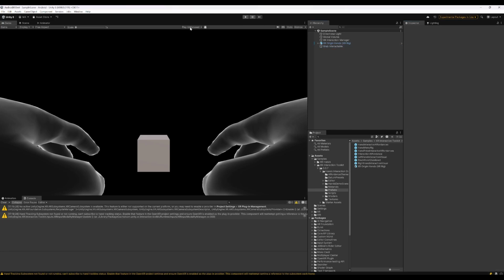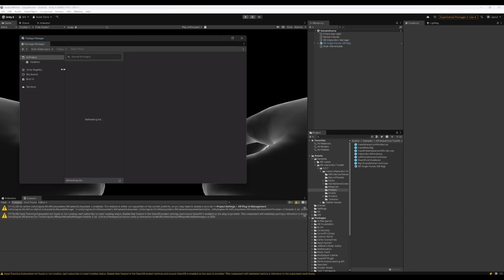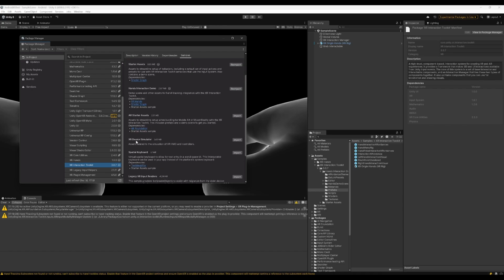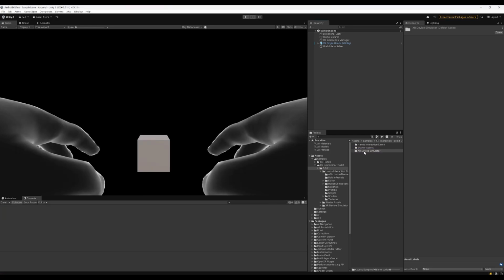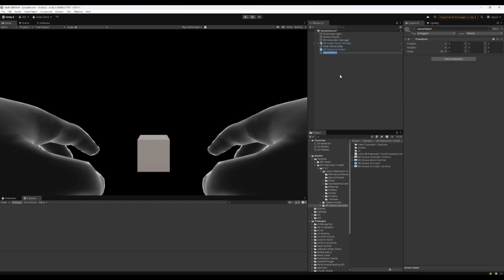And there is a tool called the XR Device Simulator, in the Window Package Manager. And let's select the XR Interaction Toolkit, and in the Samples section there is the XR Device Simulator. Just import it, open the folder and drag the prefab into the hierarchy. That's it. And now we can test our application within the editor,